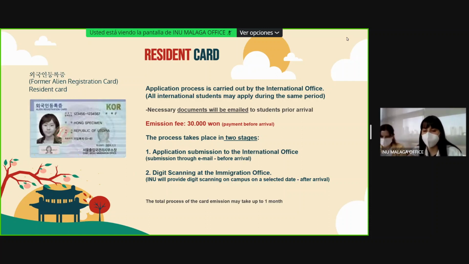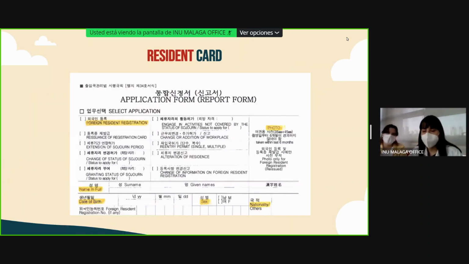This is once you arrive in Korea. Once you do the digit scanning, the whole process will begin and you will receive your card in about 1 month or less at the office, and you can collect it. The resident card form that you might need to fill out is this one.